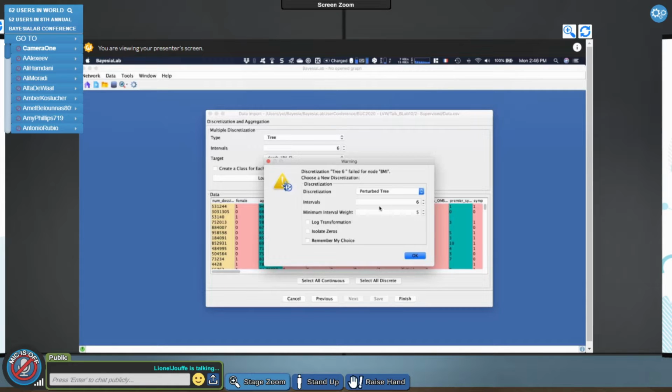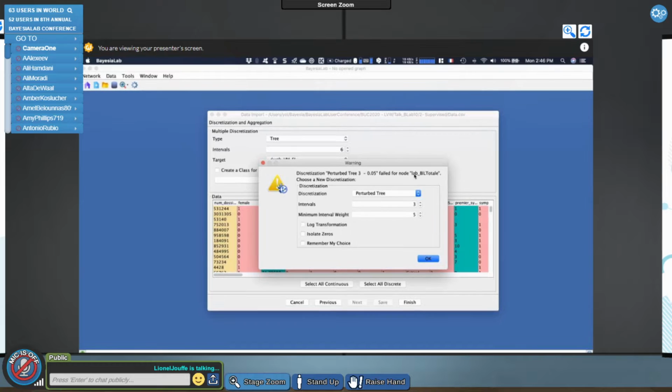And then we are learning, let's say, 100 trees, or at least we are trying to learn 100 trees. And once we have all these trees, we are analyzing the thresholds that have been chosen, and then returning the best thresholds. So in that case, I cannot choose 6 anymore, because now this is not just the MDL score. We can have lots of thresholds, right? So I'm going to go back to 3. And as you can see, we have again the minimum internal weight here, right? So I'm going to still use 5 and check, remember my choice.